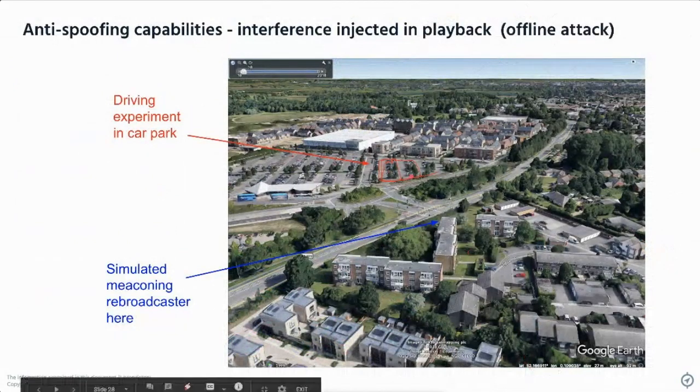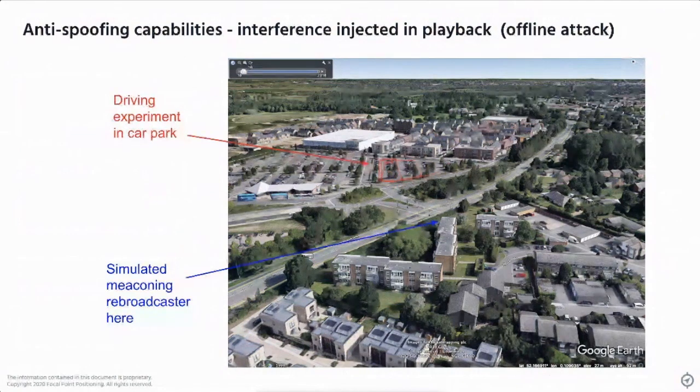So this is a simple experiment where we've driven around a car park. We have done real world spoofing trials, but I can't show you any of that data. It's not public data. So this is information from a simulated spoofing attack. So spoofing is when someone tries to transmit fake GPS data in order to disrupt a GPS receiver. So we were driving around this car park. We've gathered all the data, taken it back to our lab, and injected afterwards in the lab a fake spoofing